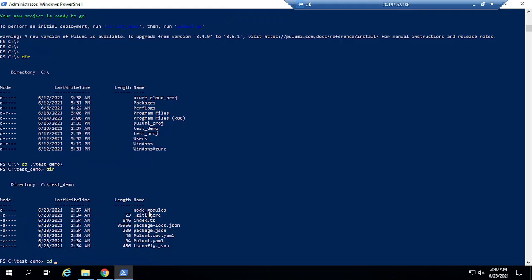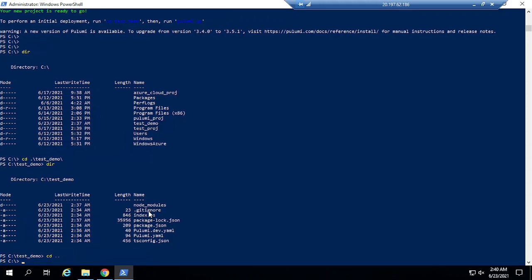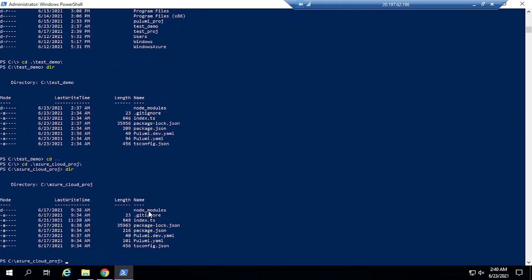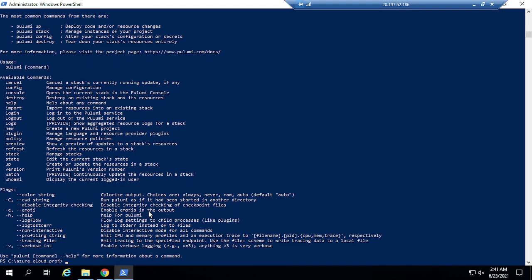Now let's go back to our previous directory, cd azure cloud proj. If you see, the contents are the same, and the file structure and folders are exactly the same. Now let's go back to the command line options as we mentioned earlier. So Pulumi. What we have seen up till now is the command whoami,